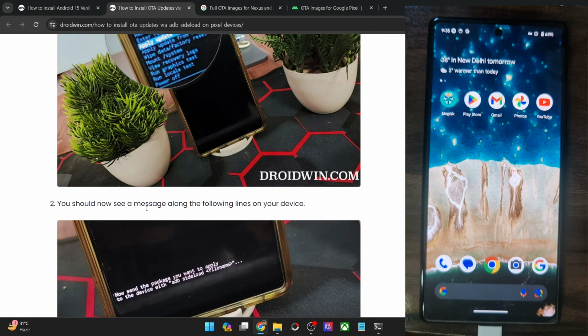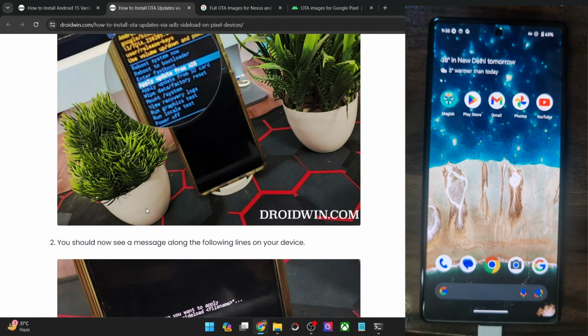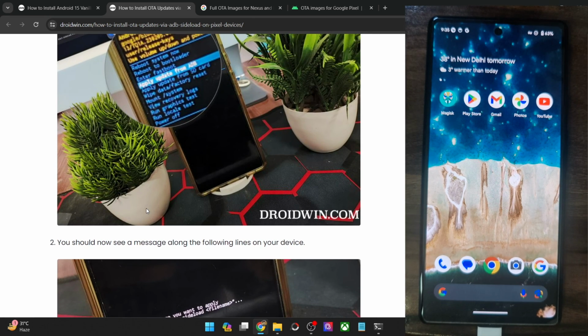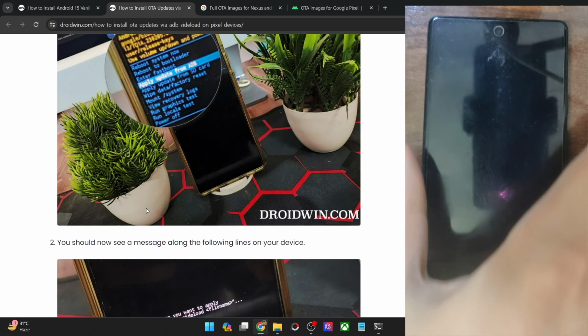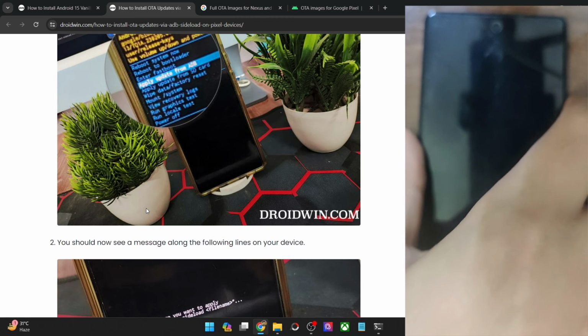If your phone was rooted with Android 14, the root will now be gone, because the root took place via the boot.img or the init_boot.img file. But after flashing Android 15, the past boot and init boot file will be replaced by the stock boot or init boot file, and as a result you will lose the root. But don't worry, I have made a separate video and a guide on the same. You could simply refer to my guide and once again obtain root on your Android 15 phone.